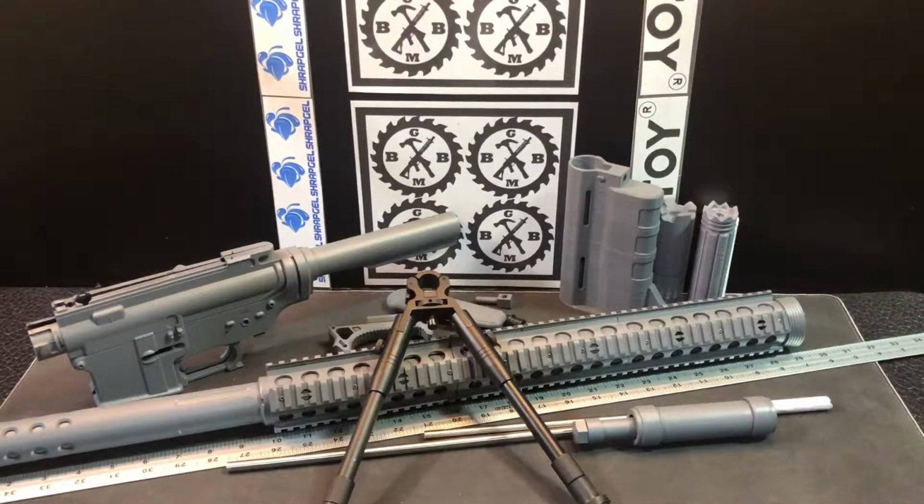So this will be my sniper rifle round two. I built that blue and white one, which I think looks really cool. I really like it. This will be another version. It's going to look a little different. This one's a little longer. And then, of course, I'll do some different